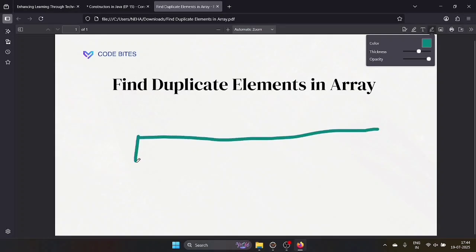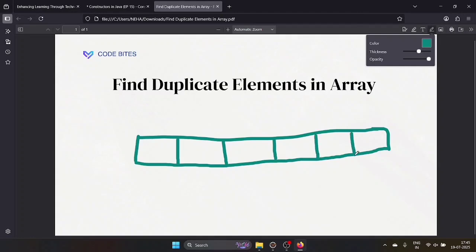So we are taking an array. I know it's not proper. Okay, I will draw once again. See here, let's take some values.